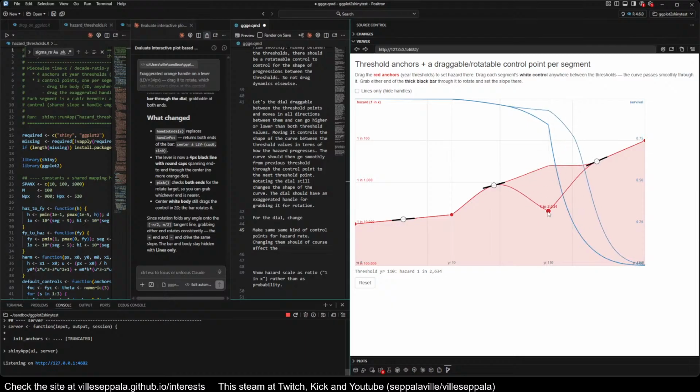Yeah, this is pretty restrictive now, also if I move this one here